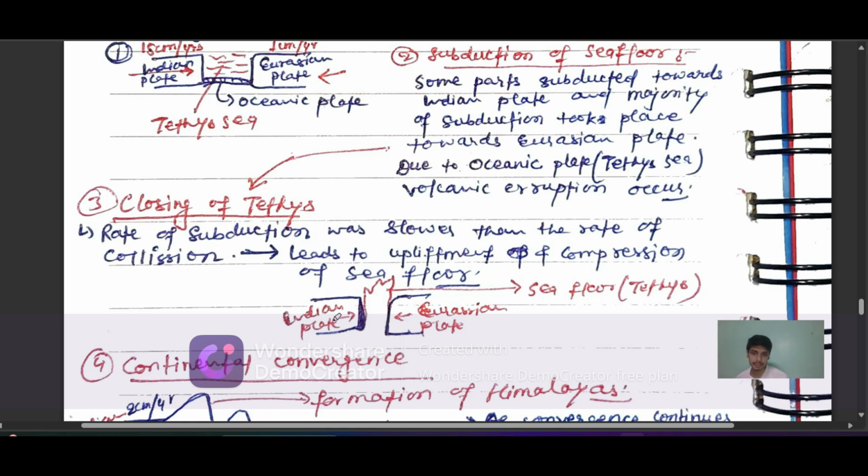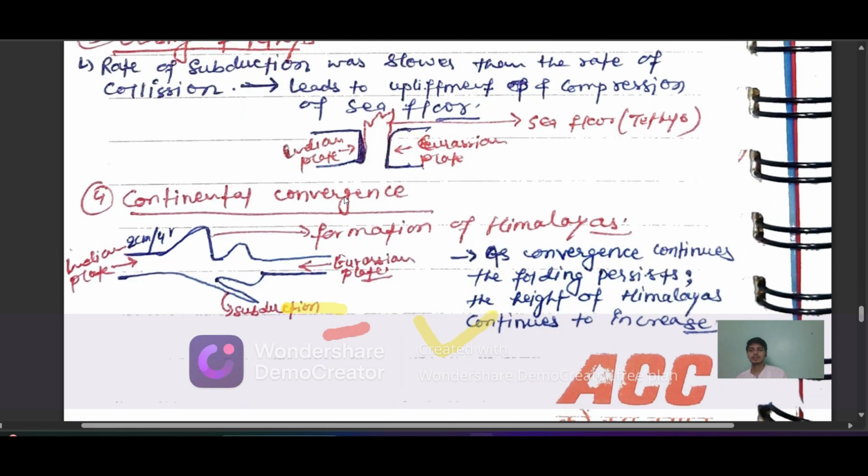Here you can see the Indian plate and this is the Eurasian plate. When they both converge, then this sea floor rises up. And after that, continental convergence started, and so the formation of the Himalayas took place. As convergence continues, the folding persists, and the height of the Himalayas